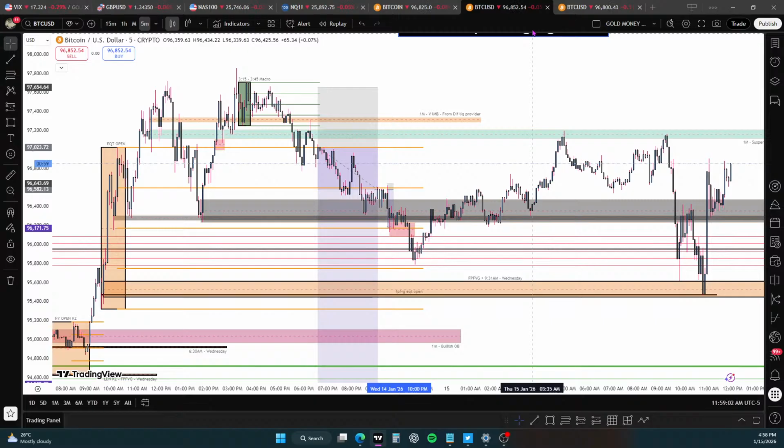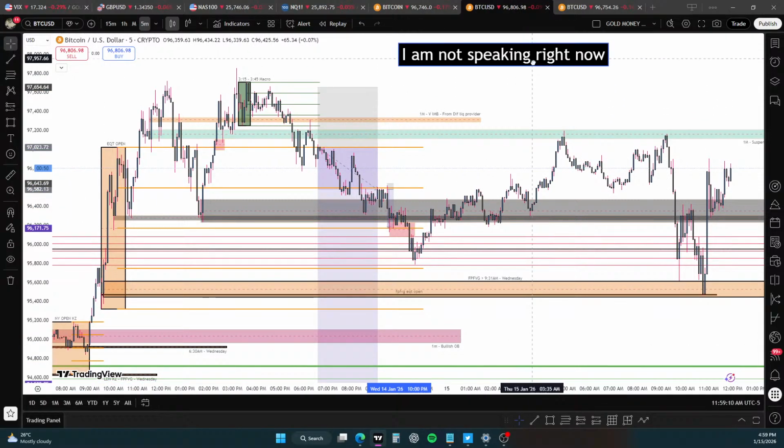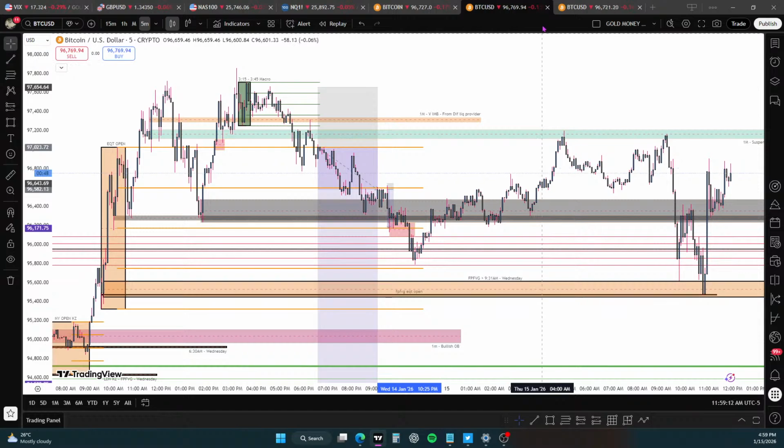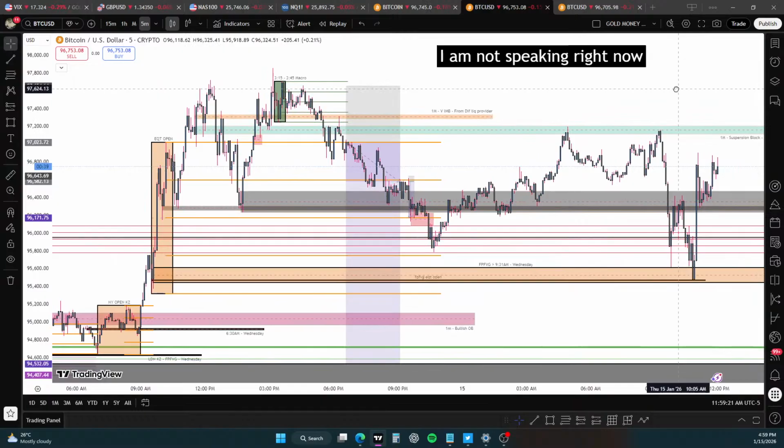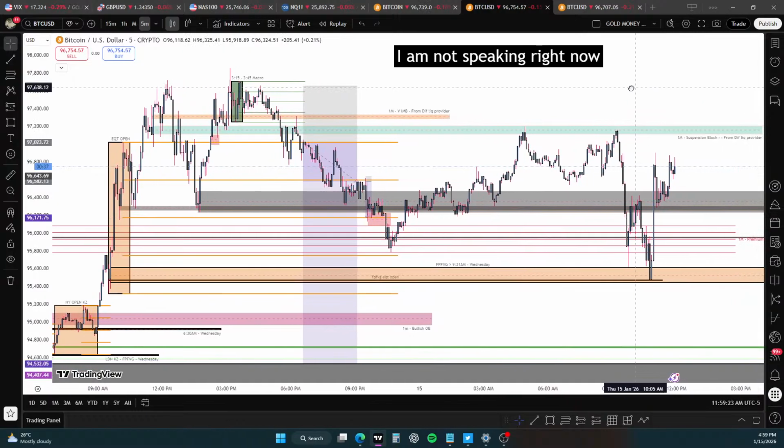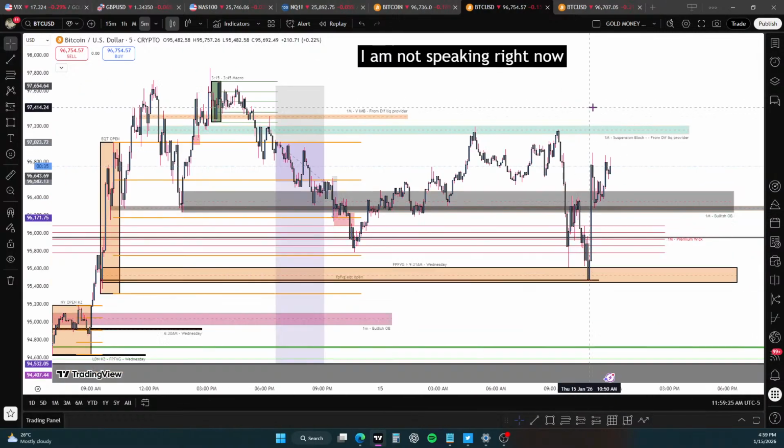The importance of the session kill zones and the session ranges. I've spoken about it before as I was drawing them on, but I just wanted to clear that up before I go into silence right now. So I'm going to put some music on for you, and I'm going to chill out for a bit, and then I'll come back to the price soon, and I'll tell you what's been going on, or how I interpret what's been going on anyway. Okay?